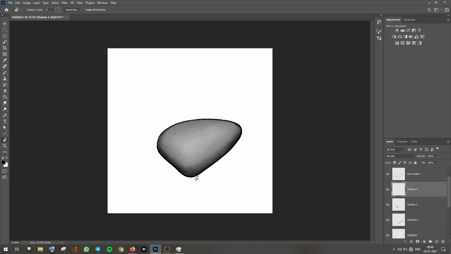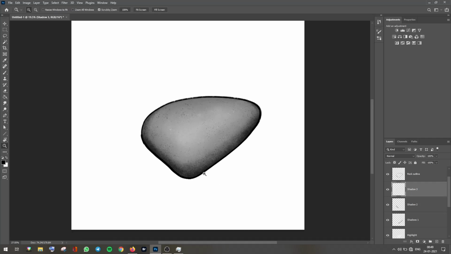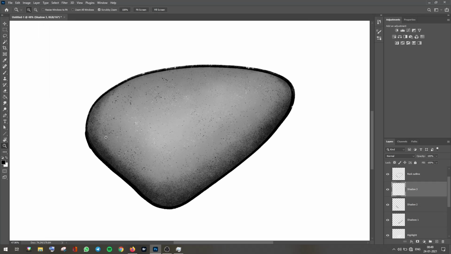Now we have a rock with highlight as well as the shadows. But I feel the shadow could go a little bit up, like these things can be a little bit gradual, so I'll just add one more layer, then add shadow 4 with the brush selected. Just add a slightly bigger size, make it a bit gradual. There,